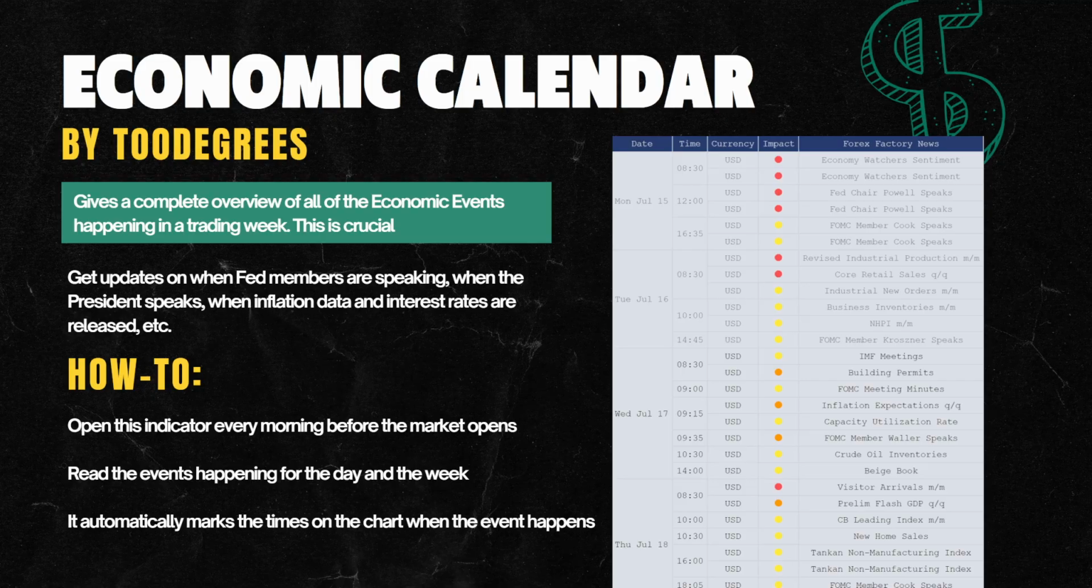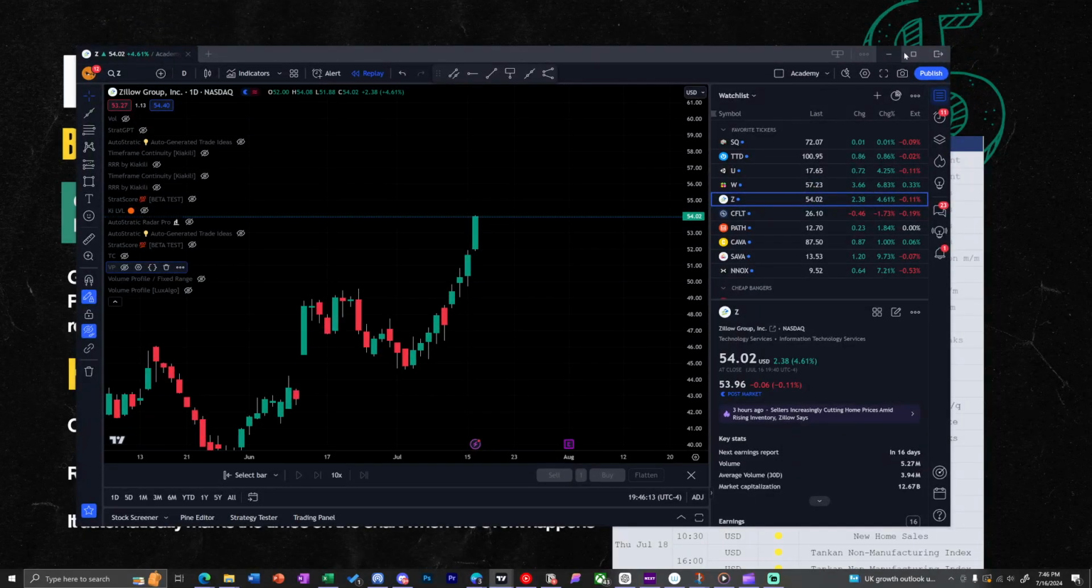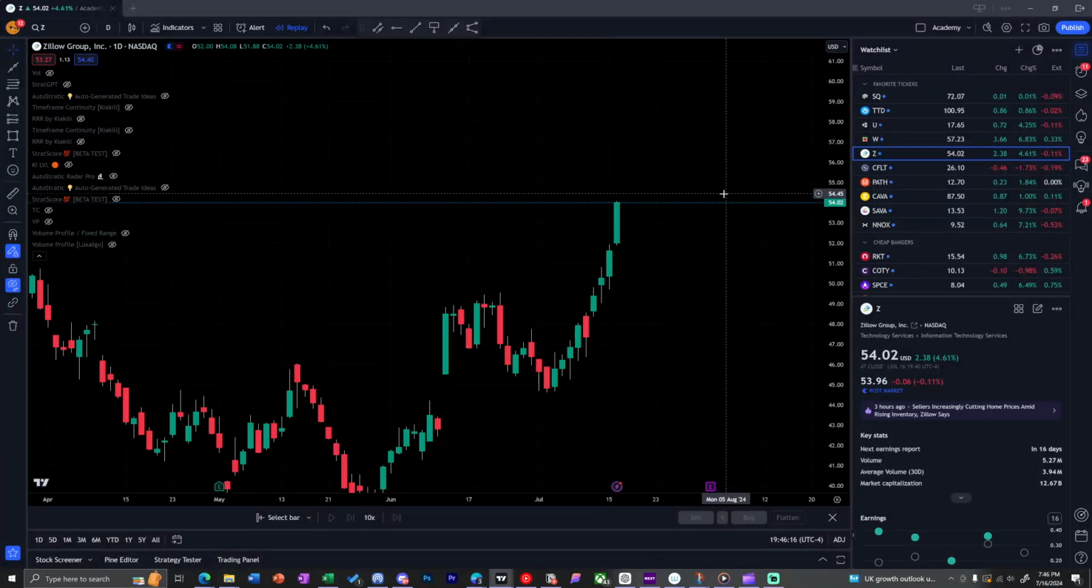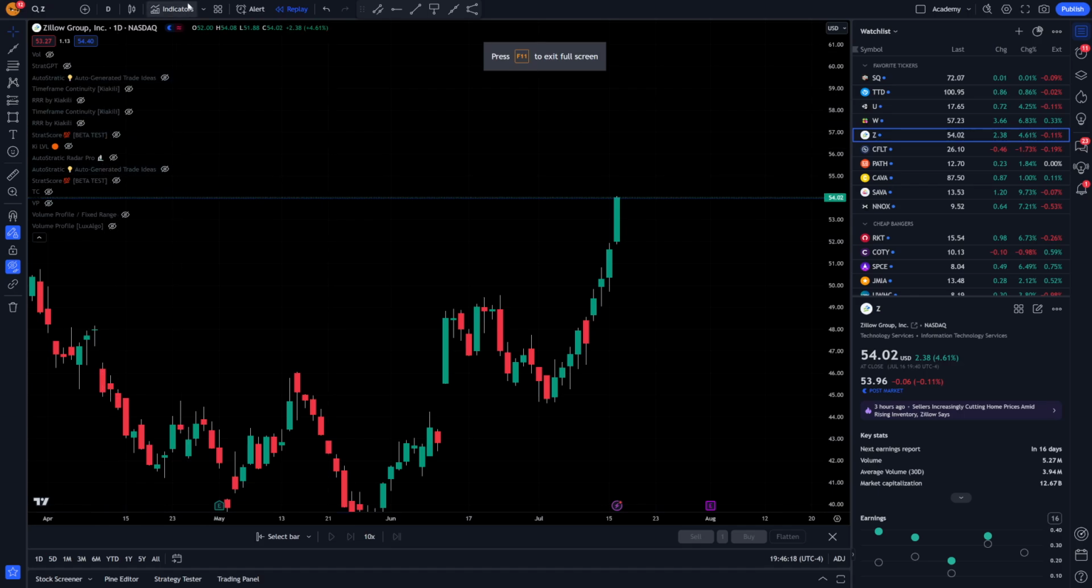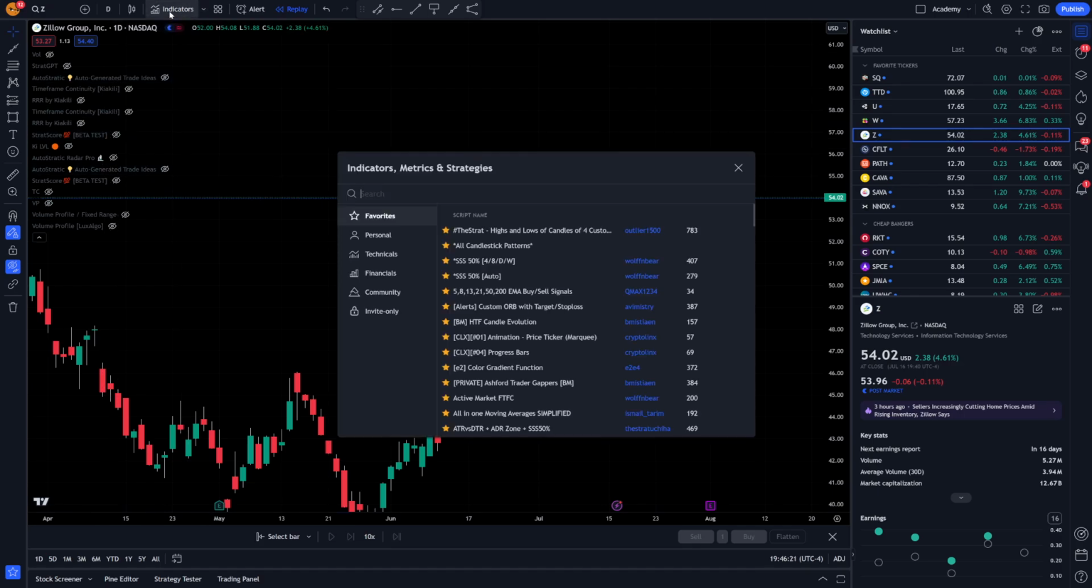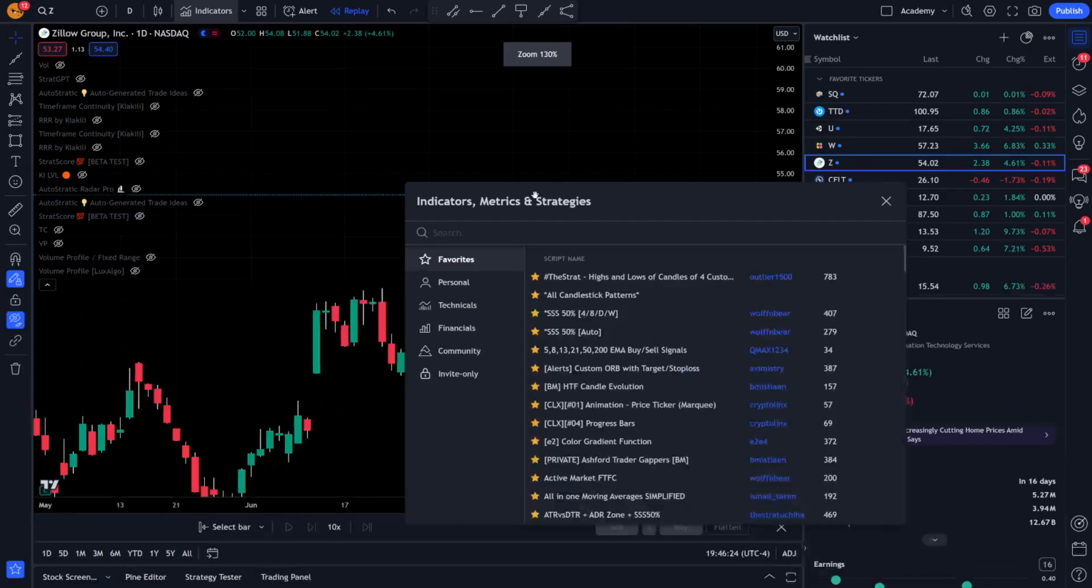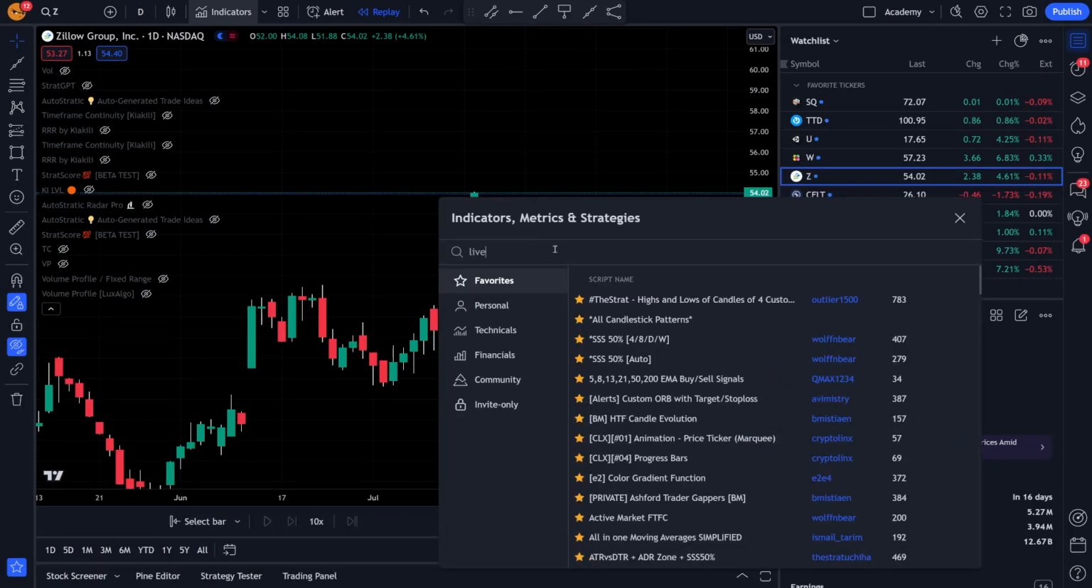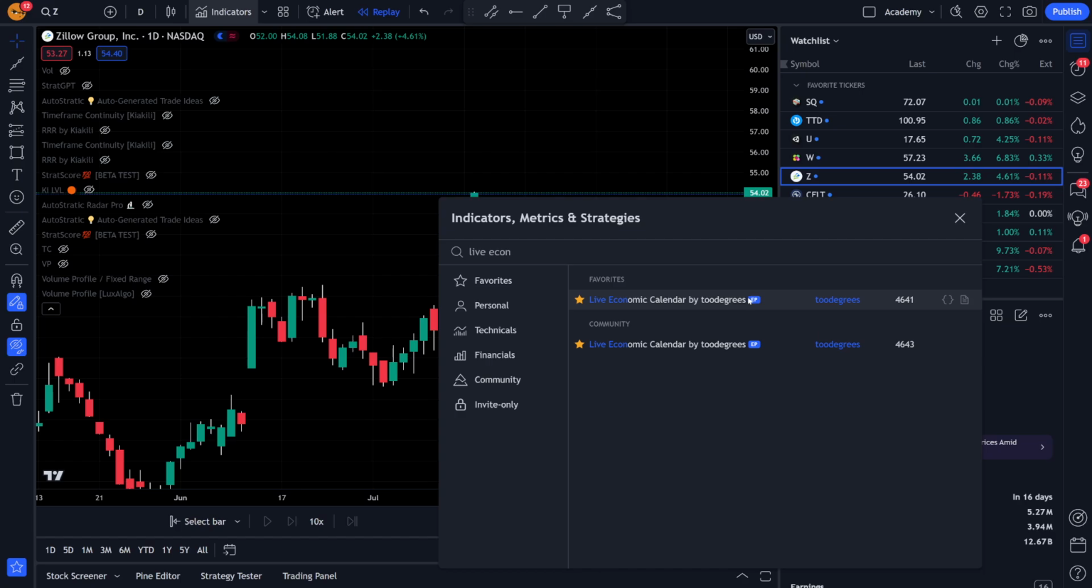All right. So what I'm going to do is pull up TradingView here if I can on my screen. Let me know if you can see. And what I'll do is I click on indicators. Let me see if I can zoom in, make the text bigger. And I can type in live economic calendar. So all I did was click indicators, go to the search box, type live econ, and then it just pulls this up automatically, all right? So when I click on this,